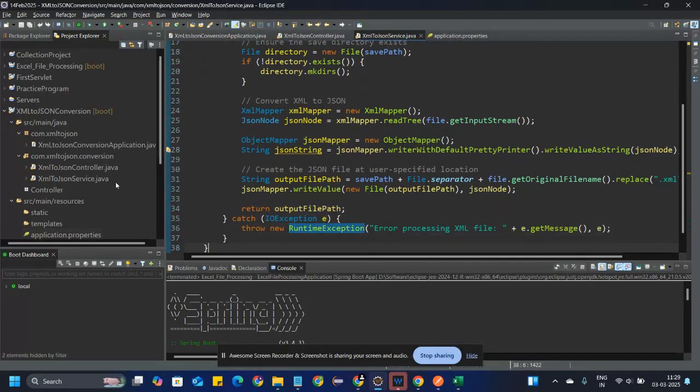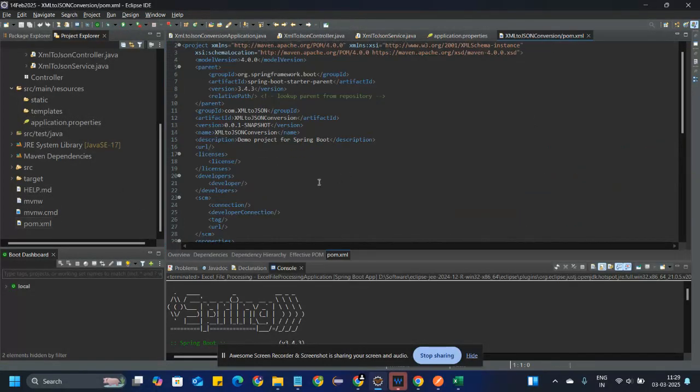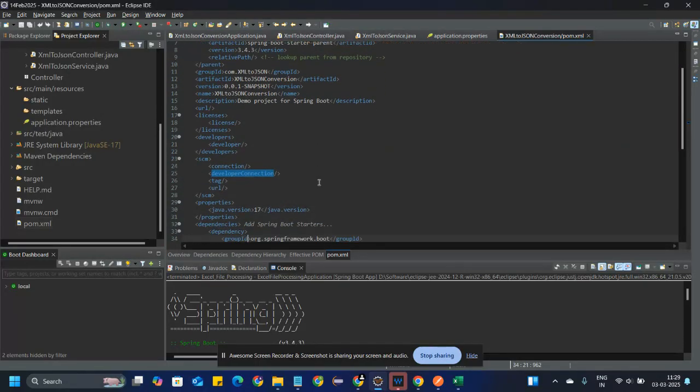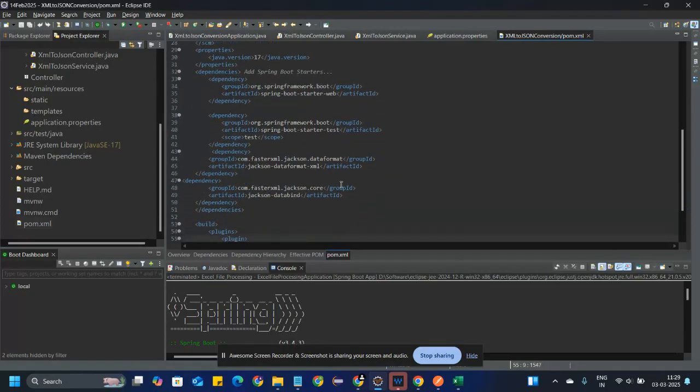Here is an important point: we need the pom.xml file, inside which we need to add some dependencies. The first is the dataformat dependency, and the second is the databind dependency. These two dependencies are important when implementing this program.